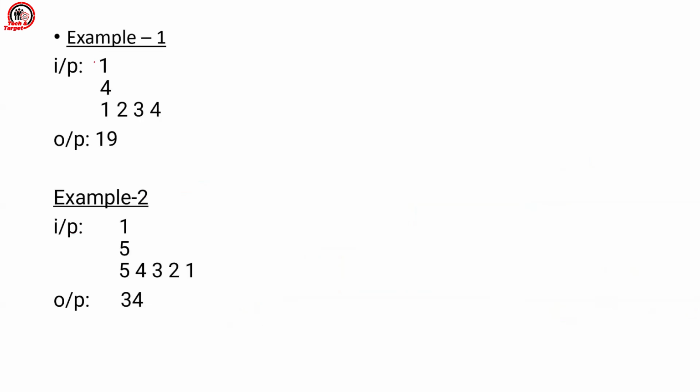Now they say that this is the number of test cases. This is T, which is 1. So we are having only one test case. And this is n, which denotes the number of boxes that you will be getting, and this is the number of chocolates in each box. In the first box we are having 1 chocolate, in the second box we are having 2 chocolates, in the third box we are having 3 chocolates, and in the fourth box we are having 4 chocolates. This is basically the number of chocolates in each box.